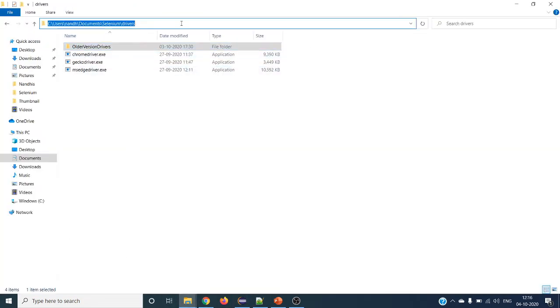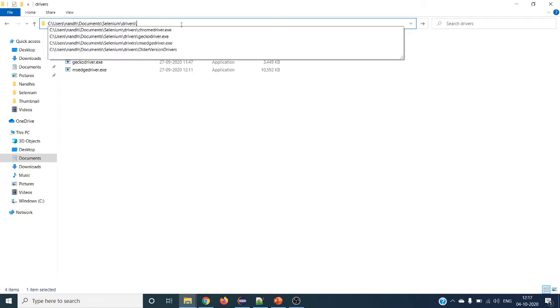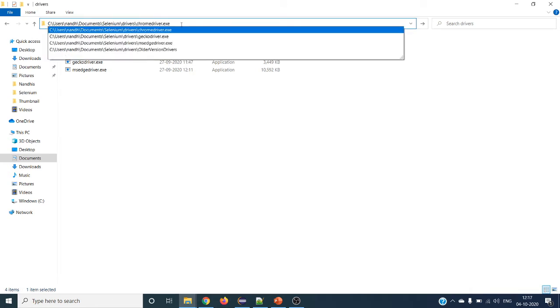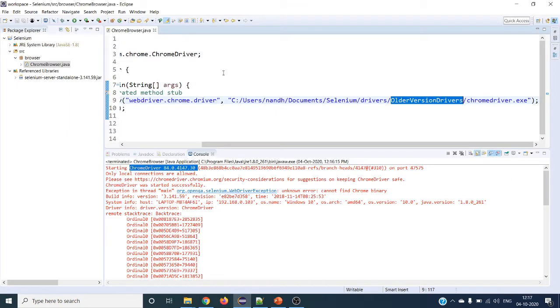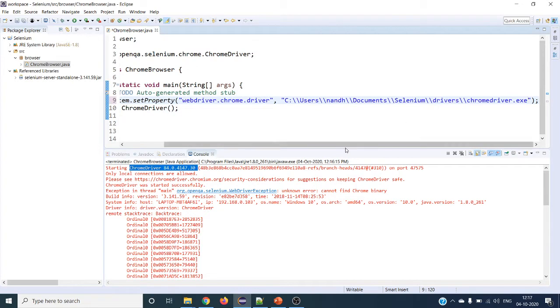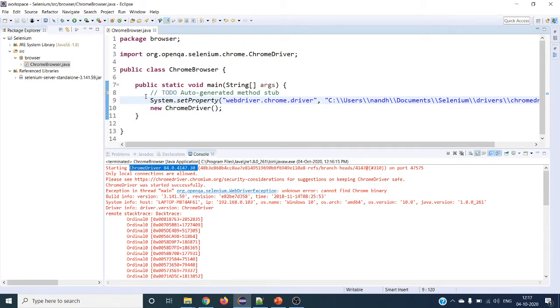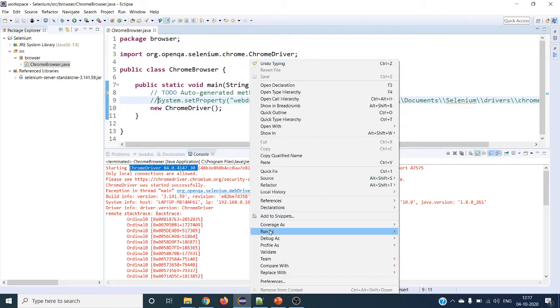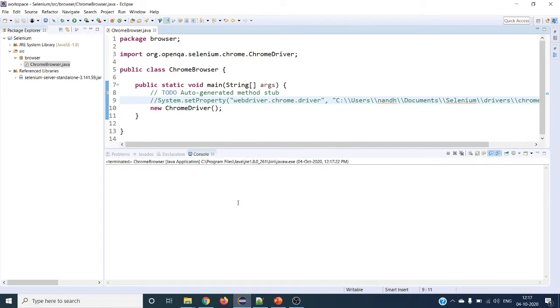So from here, let me give now. Right. If you are not giving your Chrome driver, what will happen? It will throw an error that you have to set up your Chrome driver first.